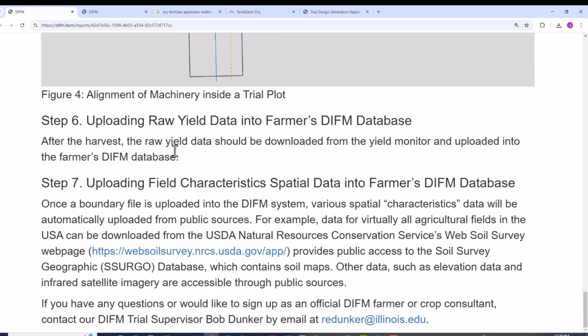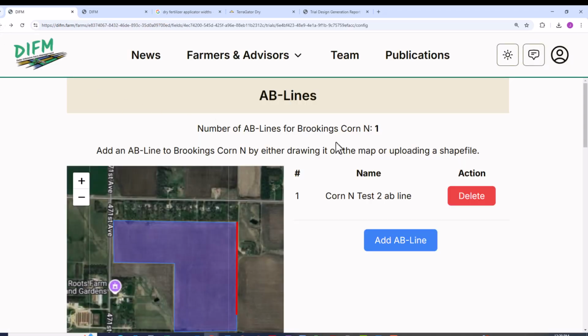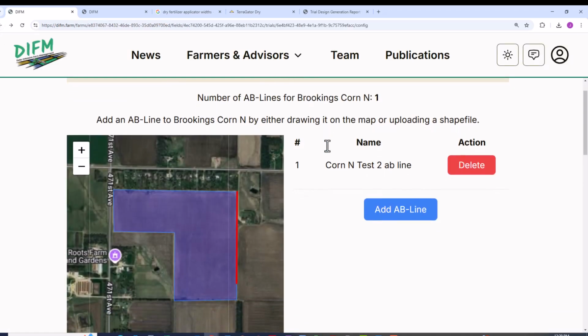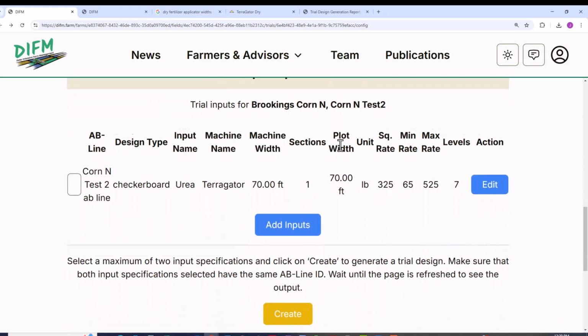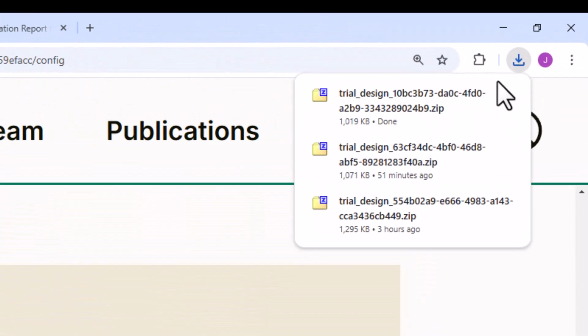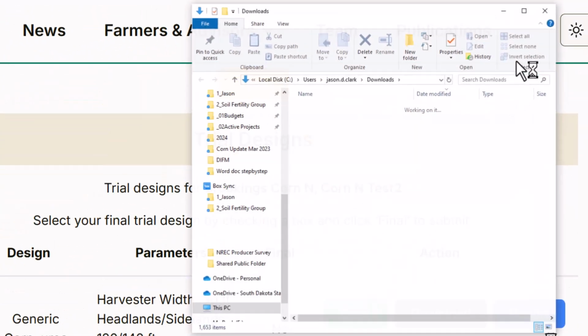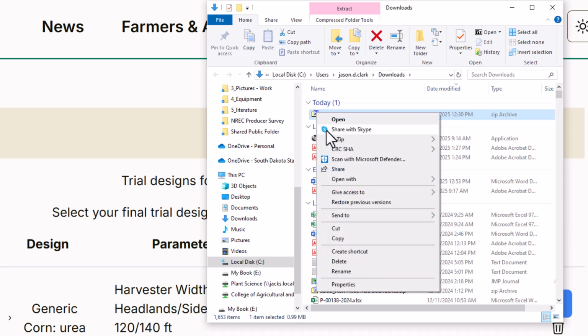And those are just some other information. So the other important part here is that this gives us a map. It gives us everything we need. But what we need next is, this isn't quite ready yet to go into the controller. So from there we would make this our final. Or if we can go here, we can click on download. And we look up here. Once that's downloaded, we can see inside of here we have a zipped folder. And inside that zipped folder